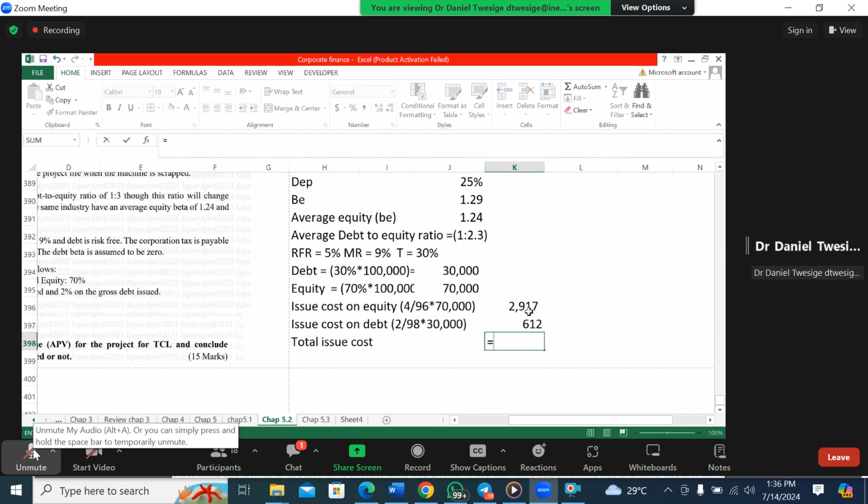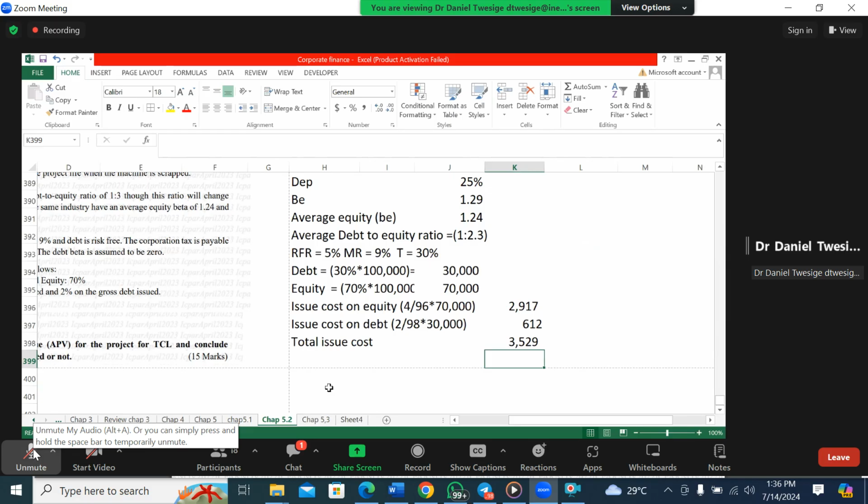You'll have this plus this. That's the total-ish cost. So what is the NPV now? Okay, we can now start our